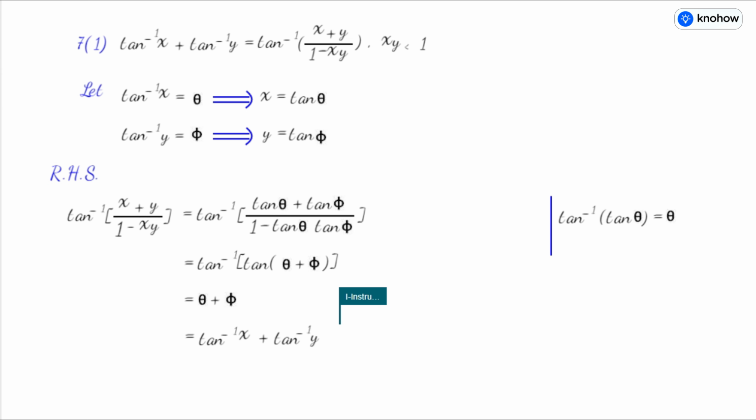Now property 8. The first part is sin inverse of 2x over 1 plus x square equal to 2 tan inverse x, and it is applicable when mod x is less than or equal to 1, which is nothing but the domain of sin inverse x. Now to prove it, because on the right hand side it involves tan inverse x, so let us take tan inverse x equal to theta,